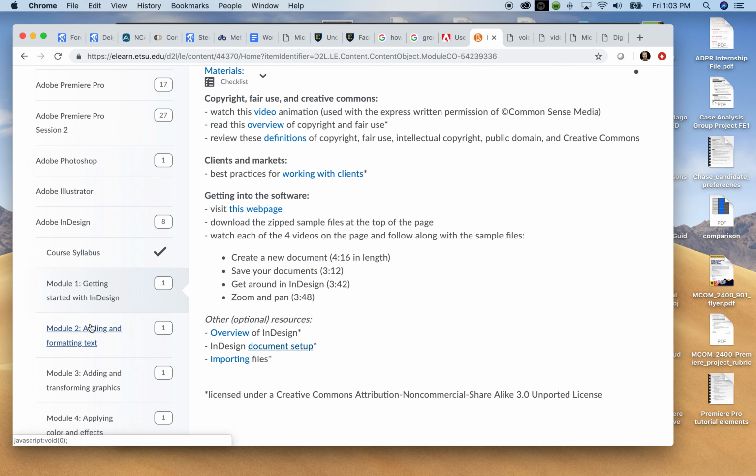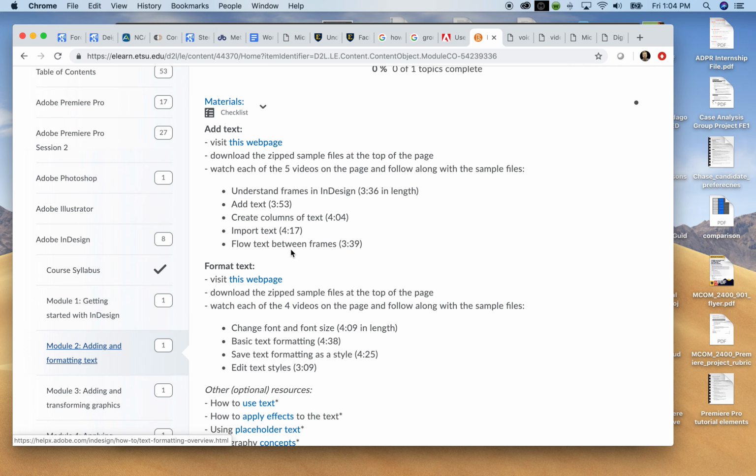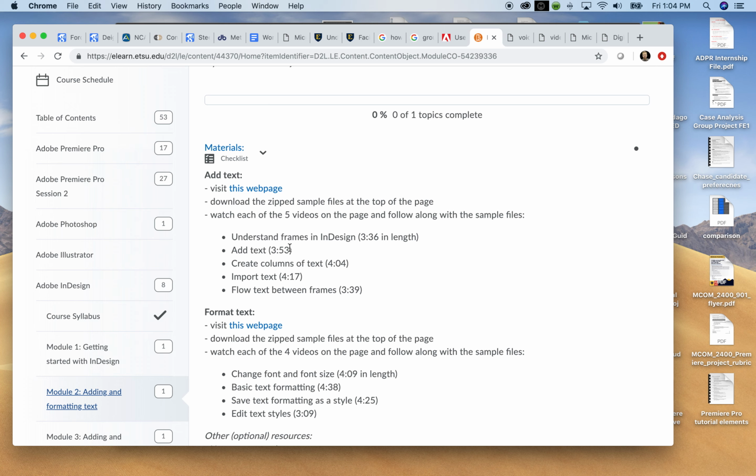Okay, so Module 1, Getting Started with InDesign. Module 2, Adding and Formatting Text. Some of these modules are more extensive than the other ones. This is one of the larger ones. So there are 2 different sections here. Adding text, the different videos, which is,